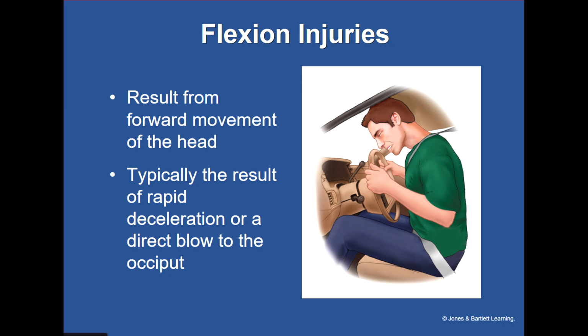So we see that where you get that flexion movement, so that rapid deceleration or a direct blow to the back of the head causes that head to fall forward, and that pulls on that spine, and that's known as that flexion injury. It can be so bad that it can actually pull the spinous processes off of the vertebrae, and just actually break that, and then you've got to think about that spinal cord underneath being stretched, and possibly being impacted,